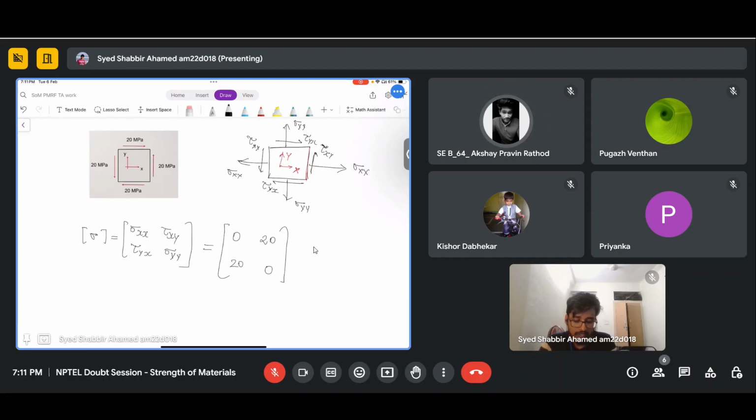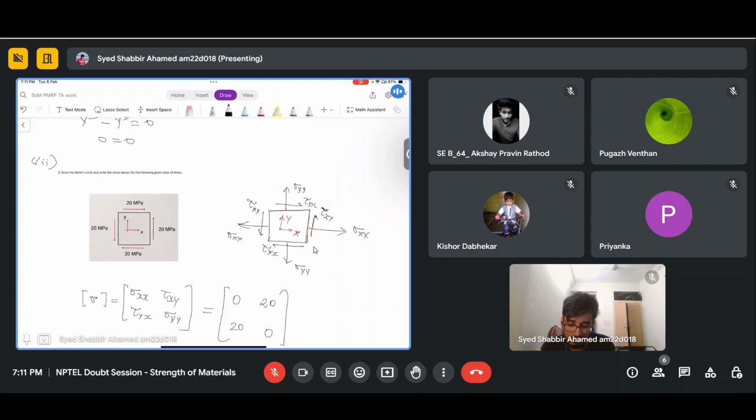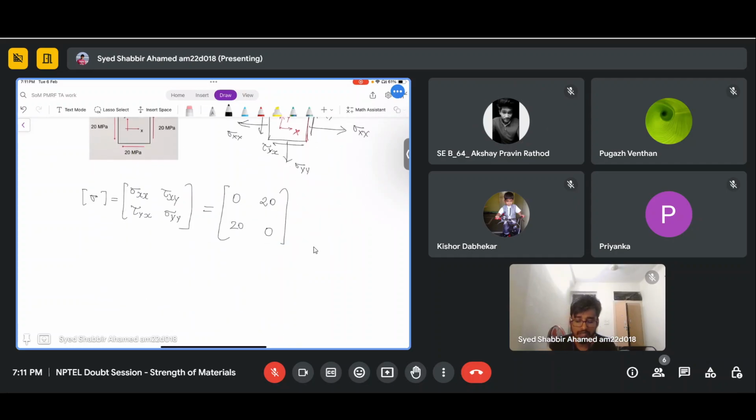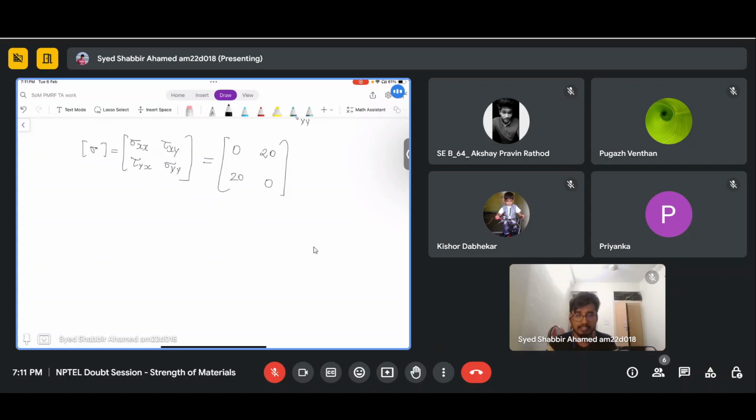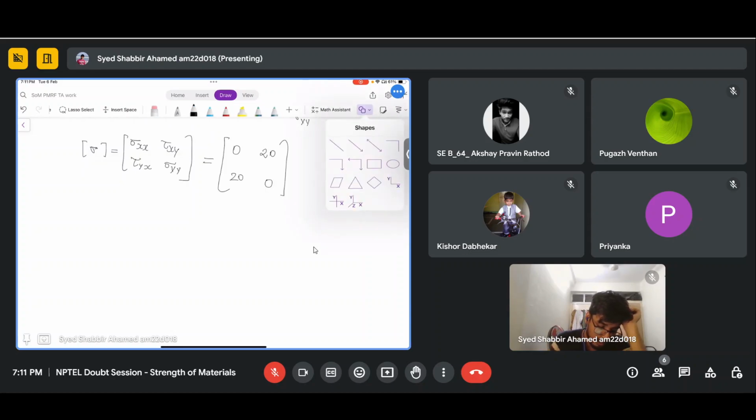Okay, so now we will go to the Mohr circle part. I'll just give an idea of how we draw it. We will draw a Mohr circle for a